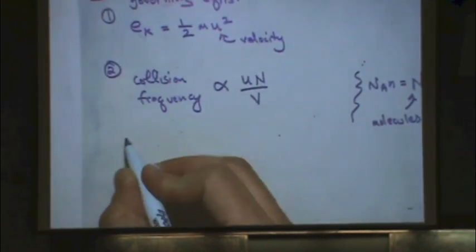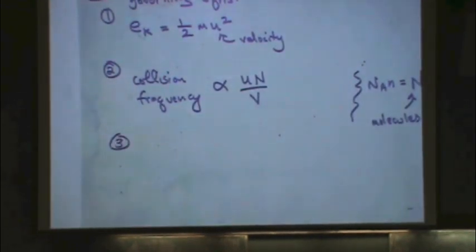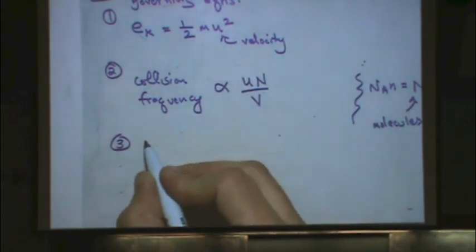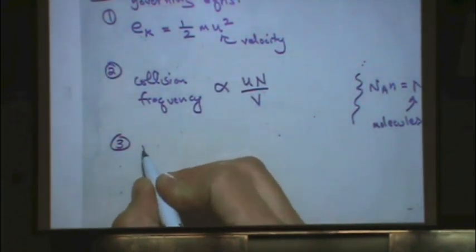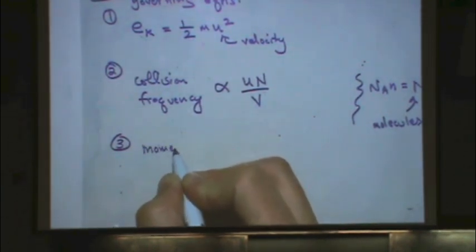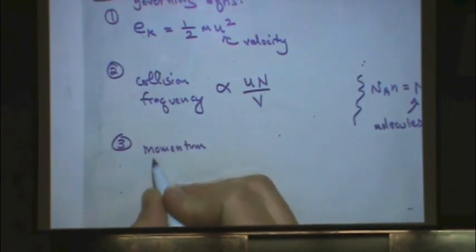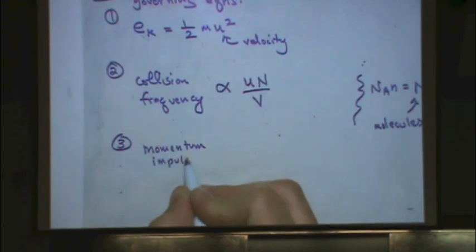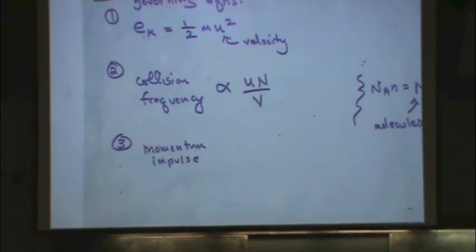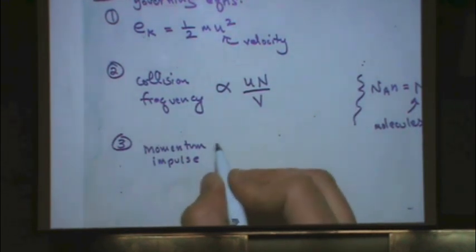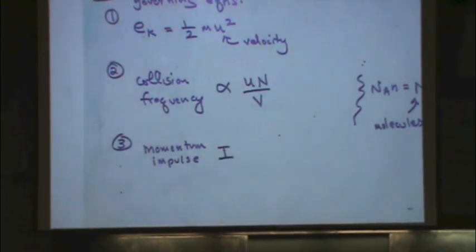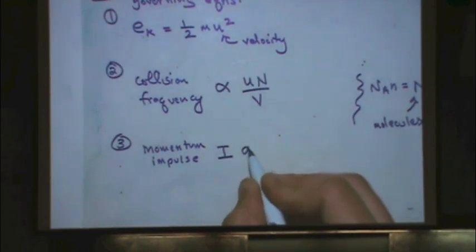All right, number 3. You've heard of momentum. You might not know it's also called impulse. For some reason, the book really likes the word impulse, so I'm just going to stick with it. It's symbolized by the capital letter I in the book, so we're just going to go with the flow. So impulse or momentum is proportional to,